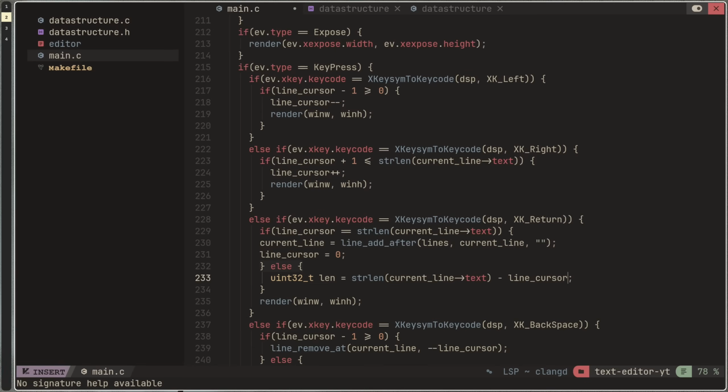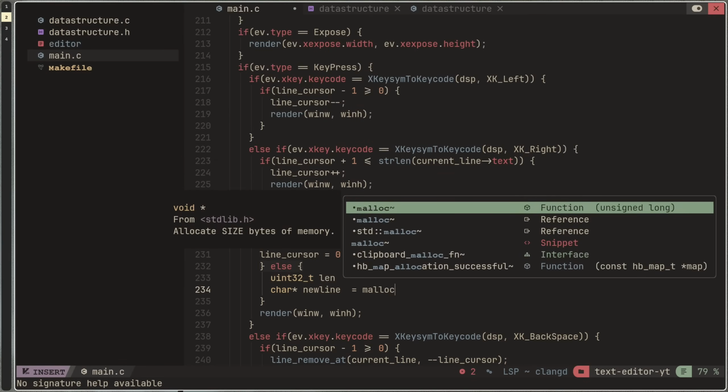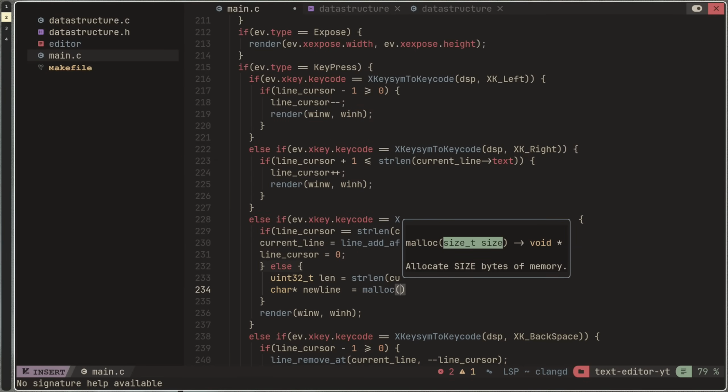And okay, all right. So then we have a new line which we need to allocate, and it's length plus 1